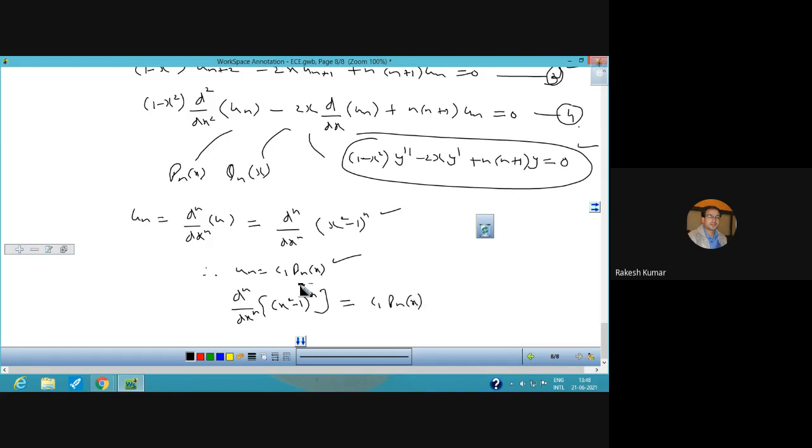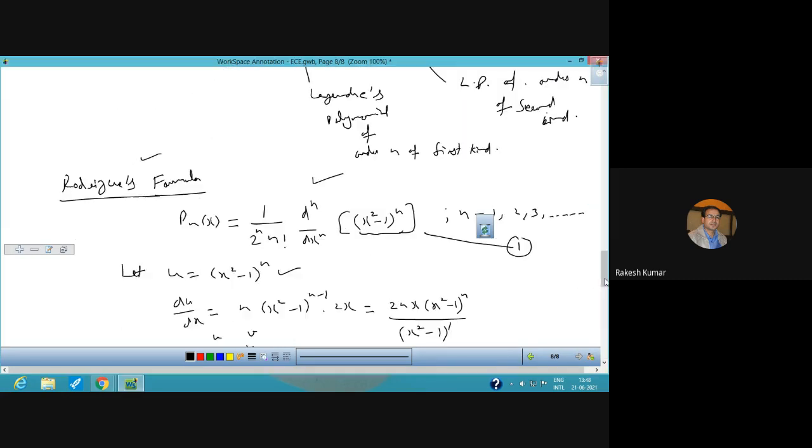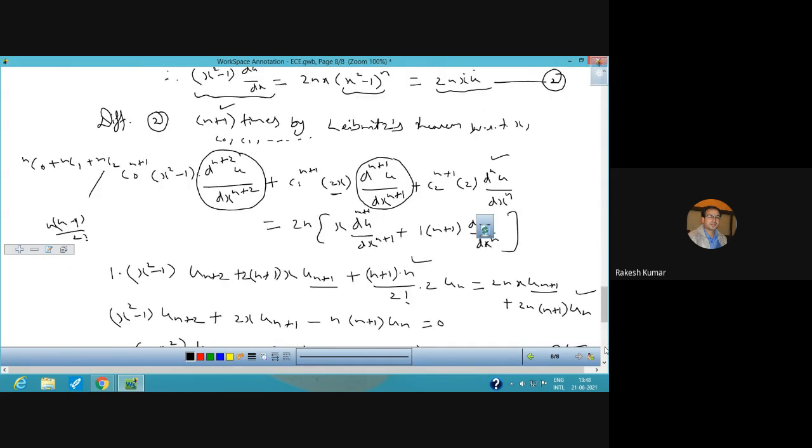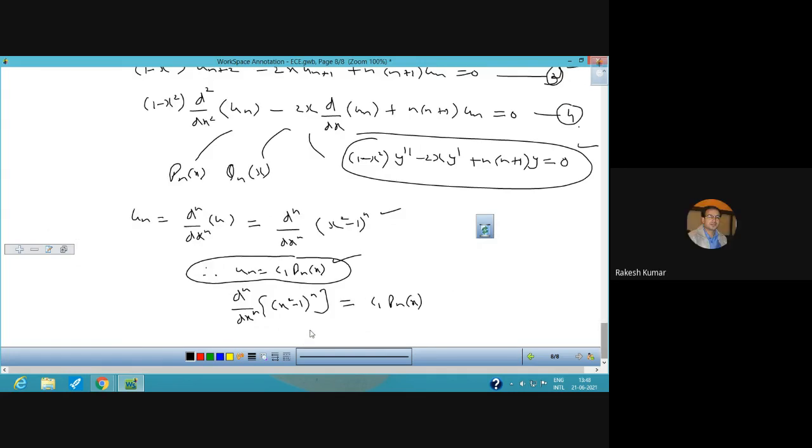C1 pnx. ये हमारा सोल्यूशन से आता है, बिकॉज जो pnx है दैट इज अ सोल्यूशन, लिजेंडर्स सोल्यूशन. ये C1 pnx, क्योंकि इसमें पॉजिटिव पावर्स ही आनी है, ये हमने आज ही करा ये वाला. जस्ट सी दिस इज द सोल्यूशन, दिस वन, this equation. Now I am just using first one C1 pnx because it contains positive powers of x, and we are not using the Legendre function of second kind. Qnx को यूज नहीं करें, ओनली pnx की ही जरूरत है यहाँ पे.